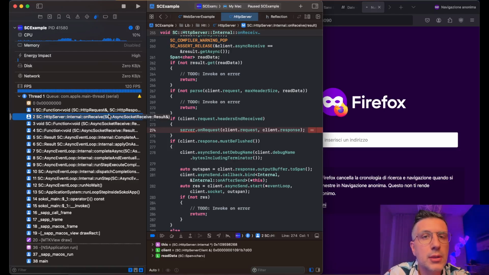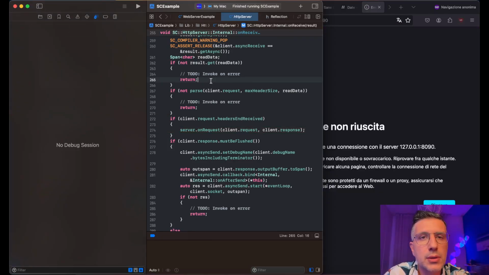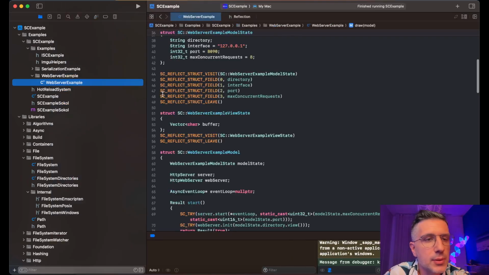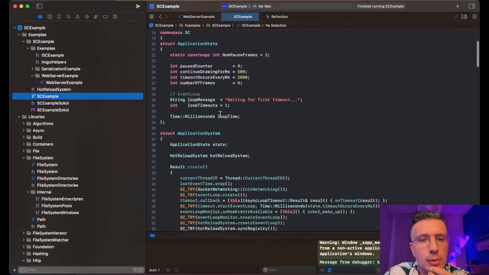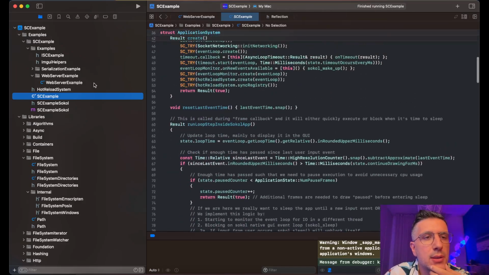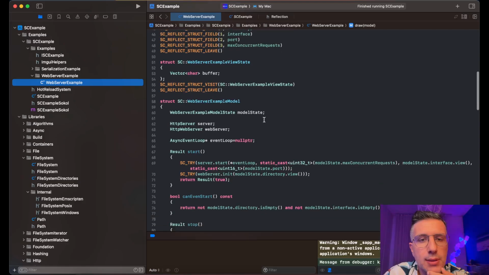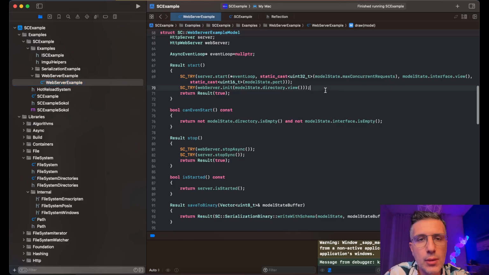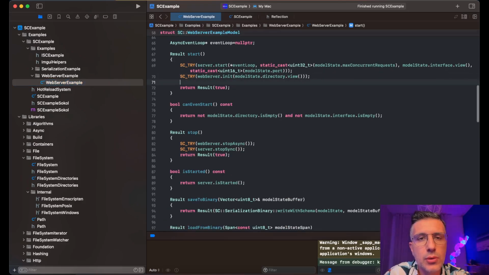Oh, I forgot the onRequest function. Okay, that's probably something I need to add in the example. Yeah, I'm not forwarding the request into the web server, so I should do